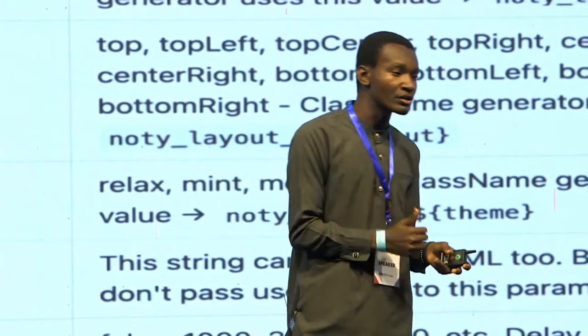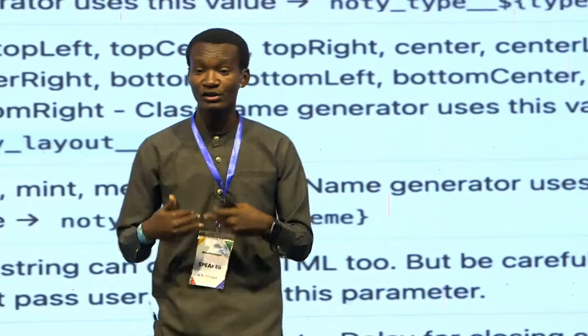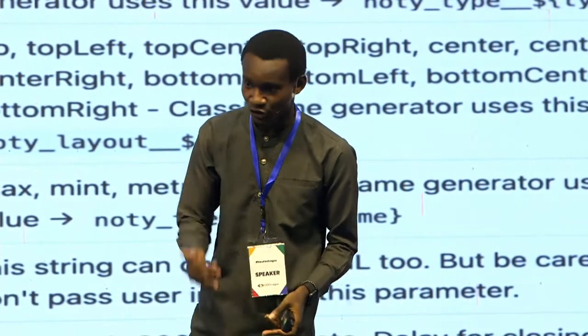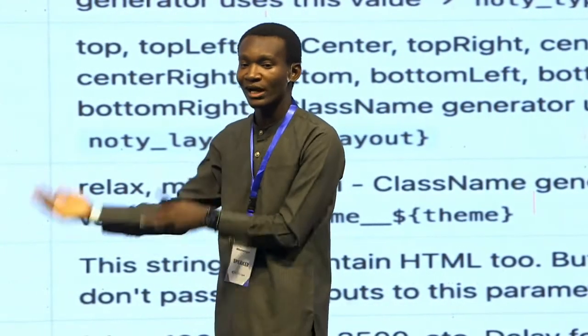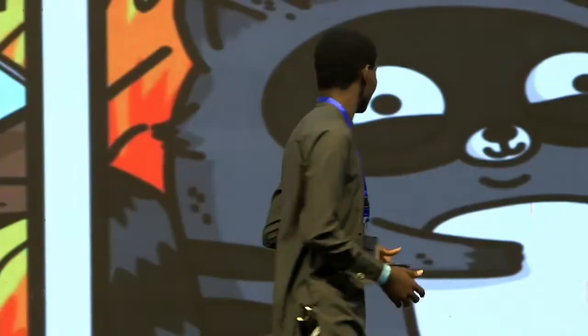But because you are not building software for yourself, you are not building it so that only you can use it. You want the public, you want the customers to be able to look at your API, look at your SDK, and understand what you're doing. So you must document properly. Let's go to the next thing.